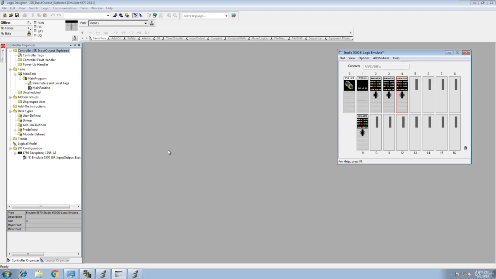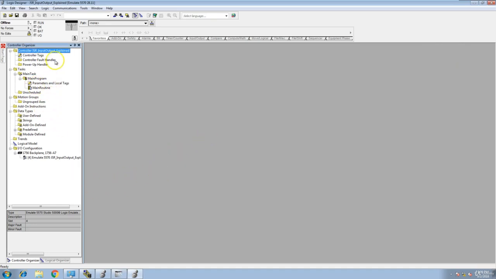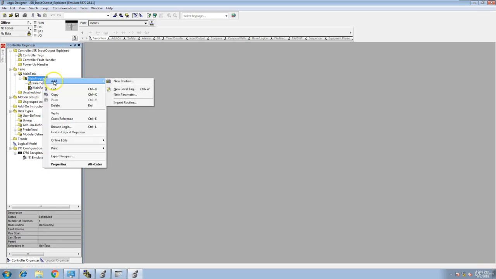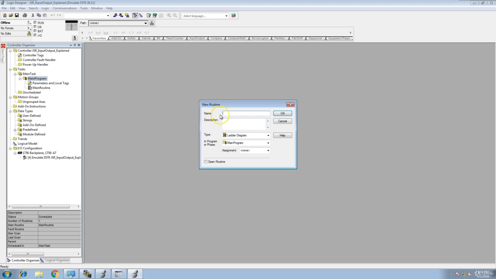This is again in regards to having or using inputs and outputs in a JSR. So what I did is I'm going to start from scratch. I just started. This will be an emulated file, emulated on version 28. So just to show that it just started. I haven't added anything. So what I am going to do is go ahead and add another routine, and we'll call this